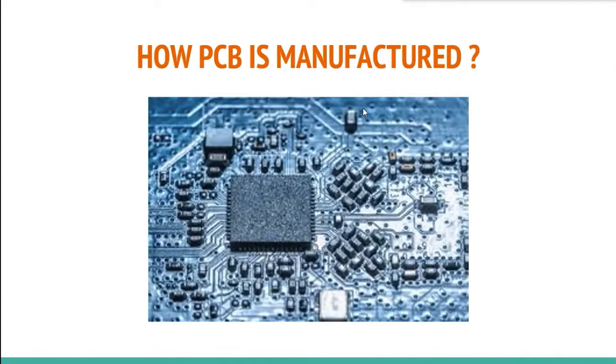As I told, it is nothing but a tiny board where all your electronic components are placed and electrical connections are made between them. The board here is nothing but an insulating material called fiberglass. So slices of such fiberglass are stacked together and they are treated with a resin to make them stick together. This entire thing makes one solid slab. Okay, then this entire slab is treated with a layer of copper on both the sides.